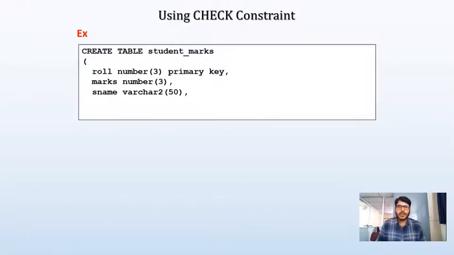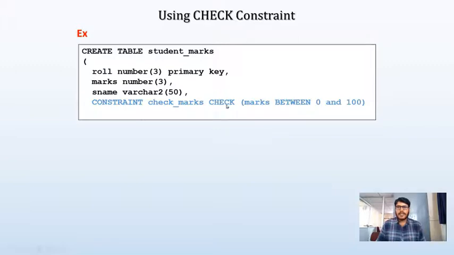I am going to use a table level constraint for implementing check constraint now. So already I have explained how we can implement table level constraint. We have to use a constraint keyword. I told you in the last class how to define a table level constraint. We have to use a constraint keyword. After using a constraint keyword, we have to specify the name for the constraint. After this, we have to use a check keyword.